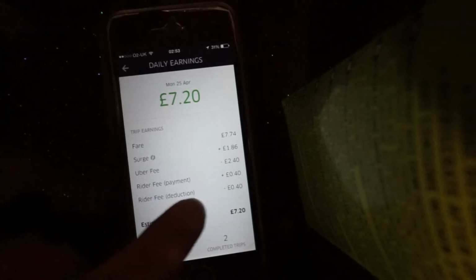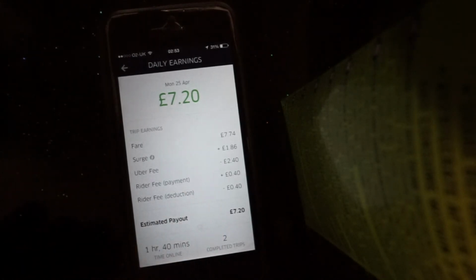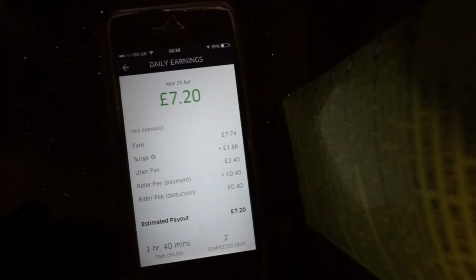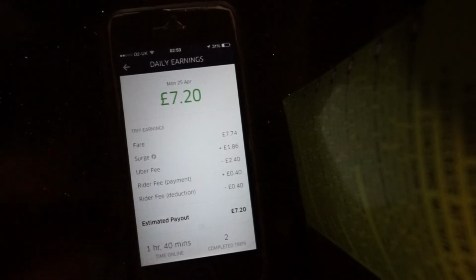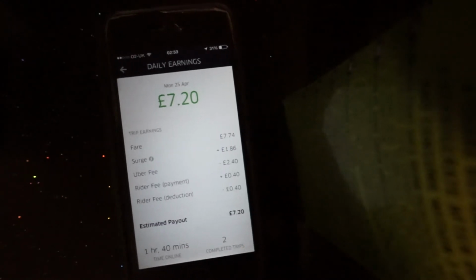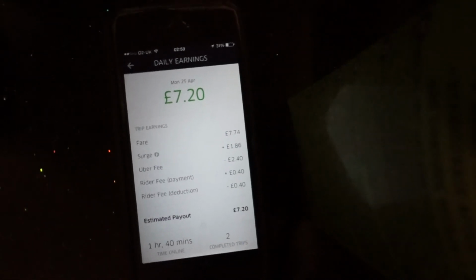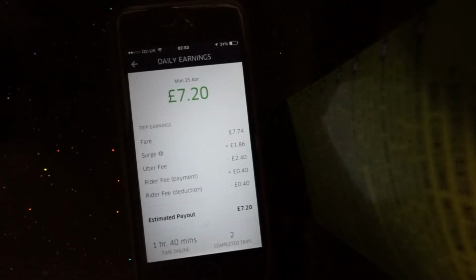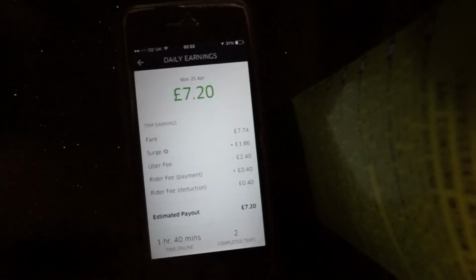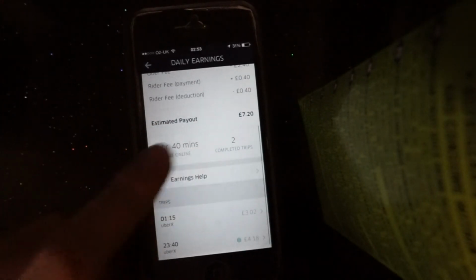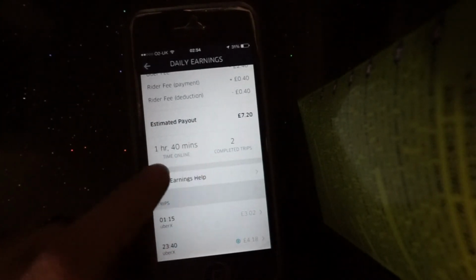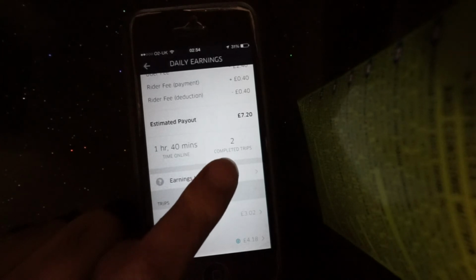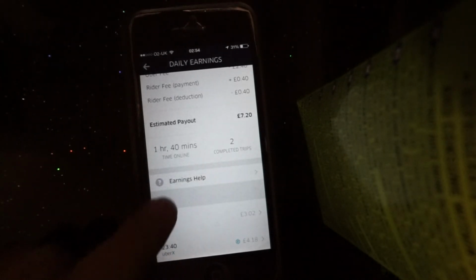This rider fee 40p, I think that's if the rider shares the total amount between his friends. So there's a charge that Uber has to pay to the company to make the transaction, so Uber just pays it through their own money. And then you got estimated payouts, how long I've been online, time online, completed jobs 2, then earning